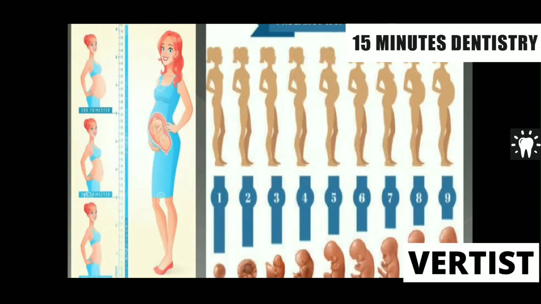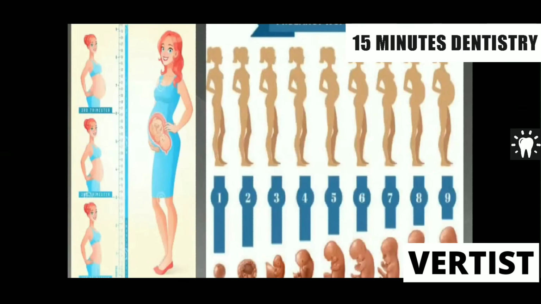Why should you not treat this patient in the first trimester as well as the last trimester? Because in the first trimester, as you see in the picture, organogenesis is taking place, and dental treatment can still cause the development of infections in the patient, who is prone at this stage. That can lead to rubella or other infections, influenza and so on. That can cause developmental deformity in the fetus. That's the reason the first trimester is avoided, and also because dental treatment or the stress of dental treatment can cause an abortion. That's why we should avoid treating these patients in the first trimester.